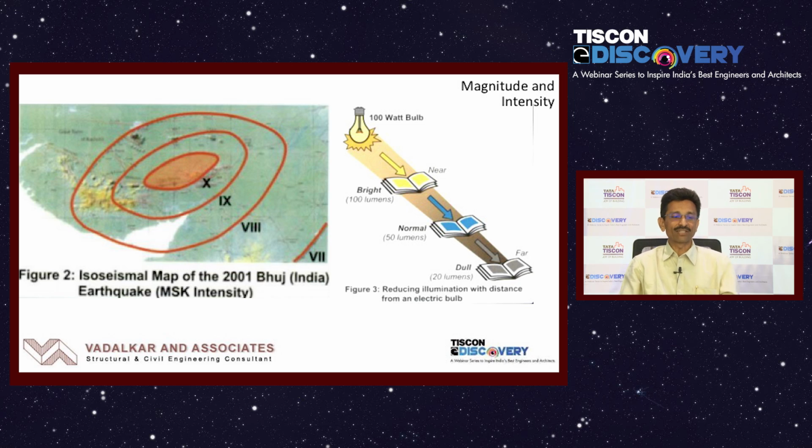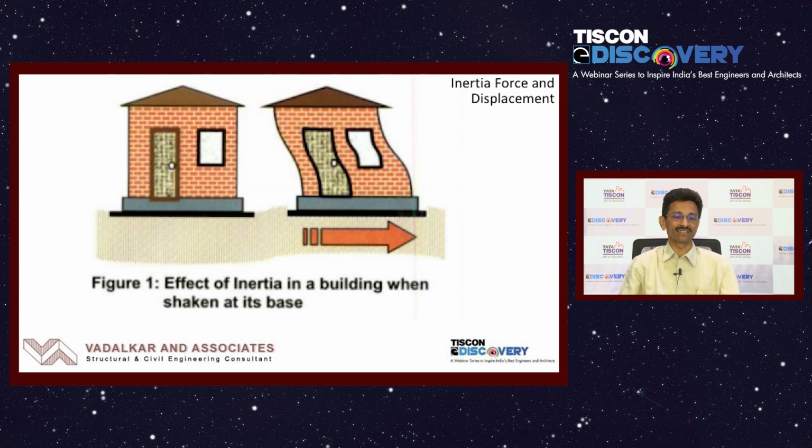Now what exactly is happening during the earthquake event? What is the effect? It is nothing but the inertial force exerted on the structure. Just to give an example in layman's language, if you are moving in a car or a train, and suddenly the driver applies the brake, what happens? You move forward. This is exactly what happens during an earthquake. The ground starts shaking with some acceleration, and that's how force is exerted on the structure. As per Newton's law, it is mass times acceleration. That is the force experienced by the structure during the event.